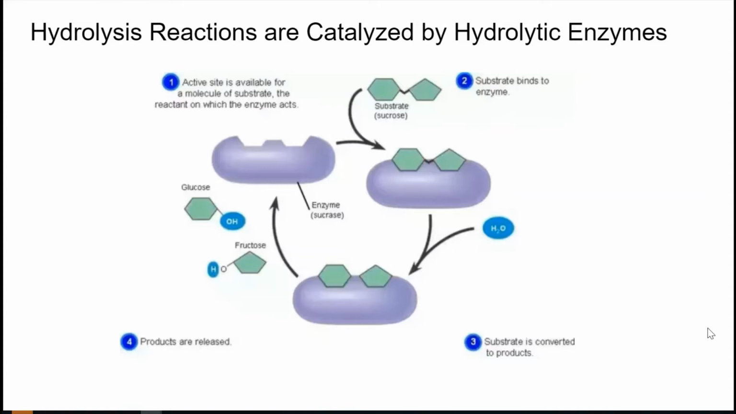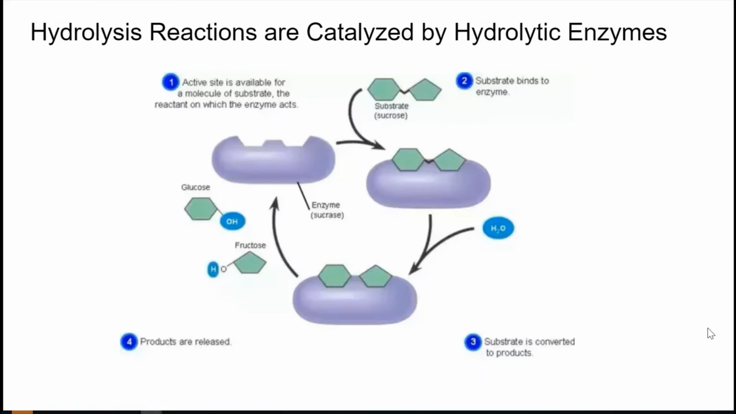Regardless though, every chemical reaction requires an enzyme, and sometimes we call these enzymes that break polymers down into smaller pieces hydrolytic enzymes because they catalyze hydrolysis reactions. So you can see in step 1 the active site is free and available for the substrate. We see in step 2 that sucrose, which is a disaccharide, is binding to the active site of that enzyme,